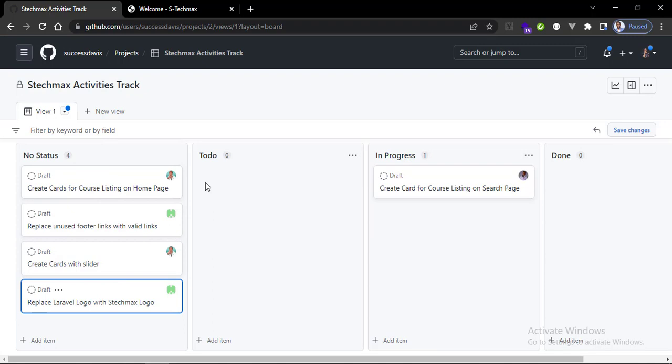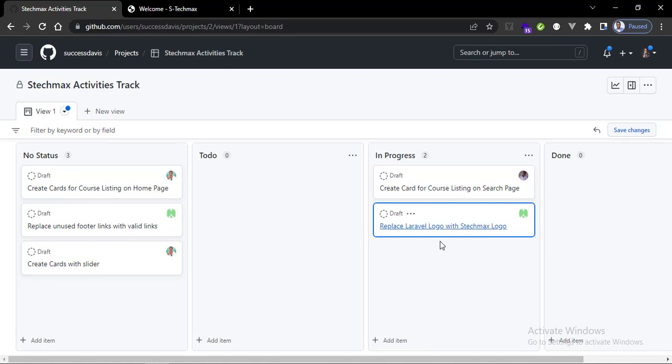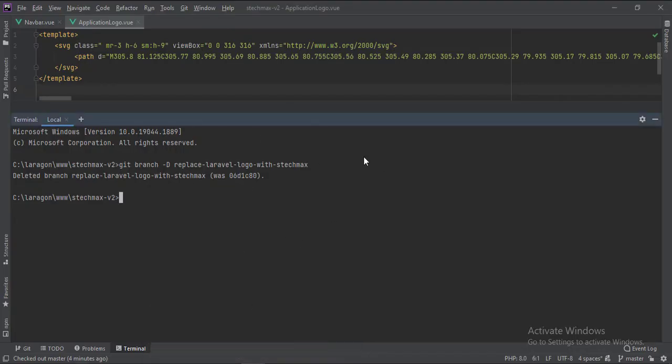So if I want to work on any of these tags, I will pick one, like replace the Laravel logo with STEC mask logo. This one should be very simple. So I will drag it down to in progress, which means I want to work on this project. Good. So now I will open up my IDE, open the project, and